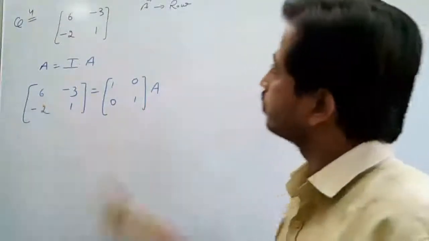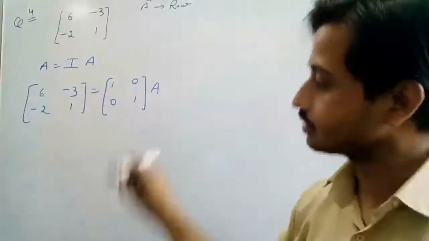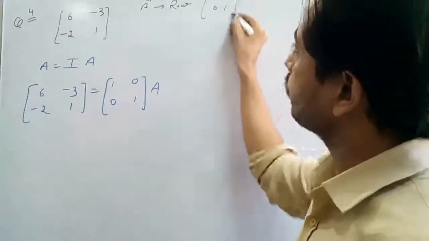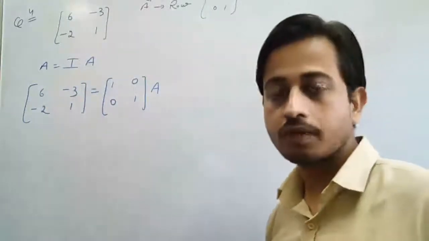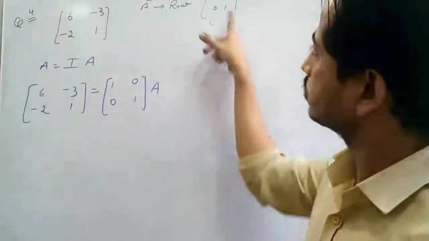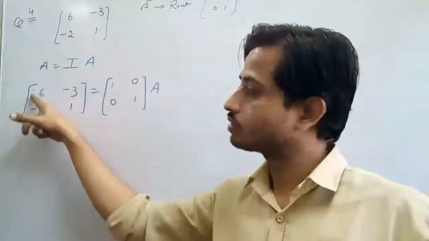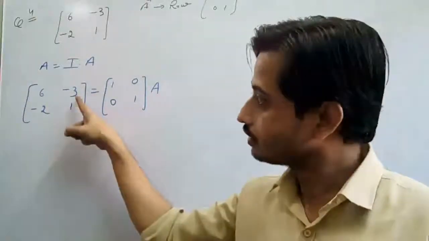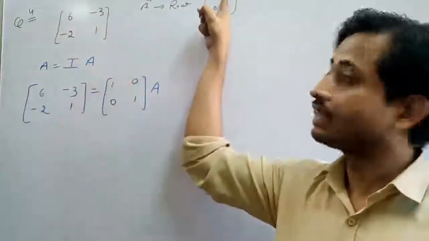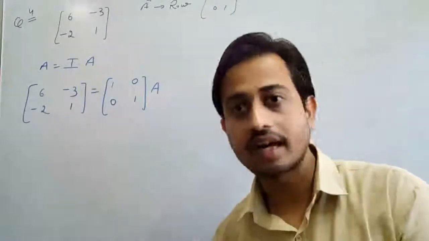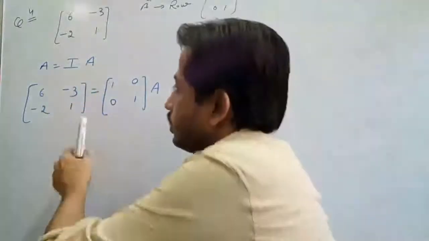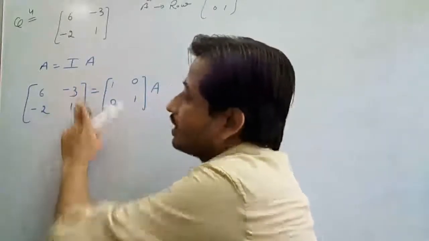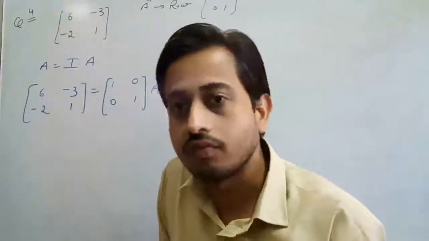In this we have to make it an identity matrix. We already know 1 0 0 1. Is it possible to make? Because here we cannot make 6 directly, so we can try to make this element a 0. If we want this as a 0, it is minus 3, and if we add plus 3 we get 0.